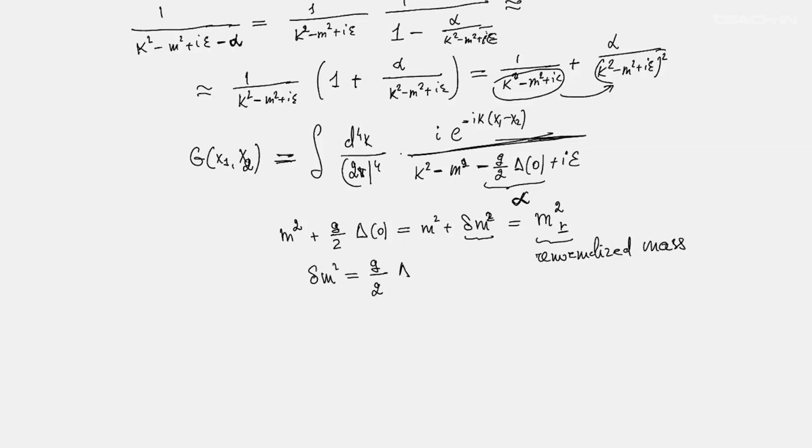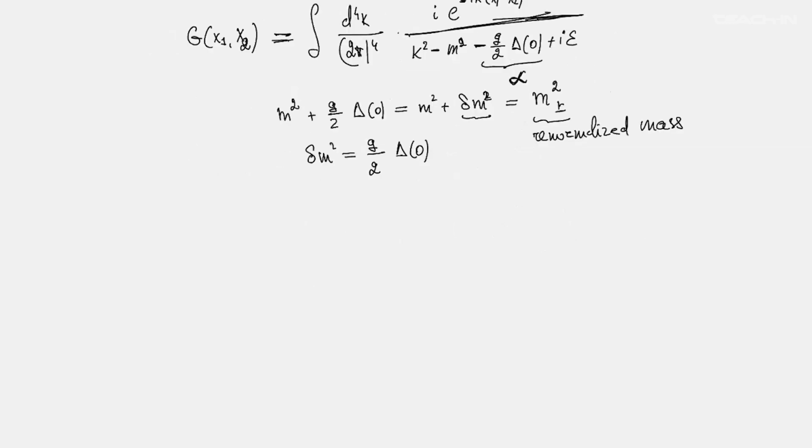Now, up to this point, we have not asked a question about Δ(0). What is this? If you look at this quantity, Δ(0), then you see that this is the fourfold integral d⁴k over (2π)⁴, i divided by k squared minus m squared plus iε. So to compute Δ(0), you need to take this integral. This is a fourfold integral, but